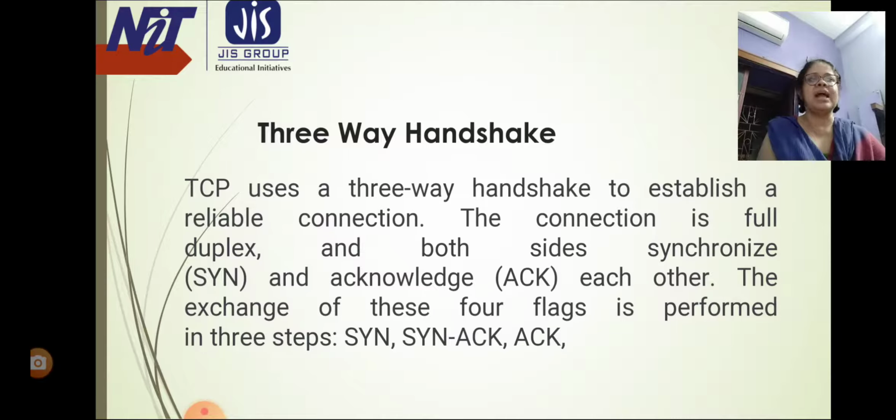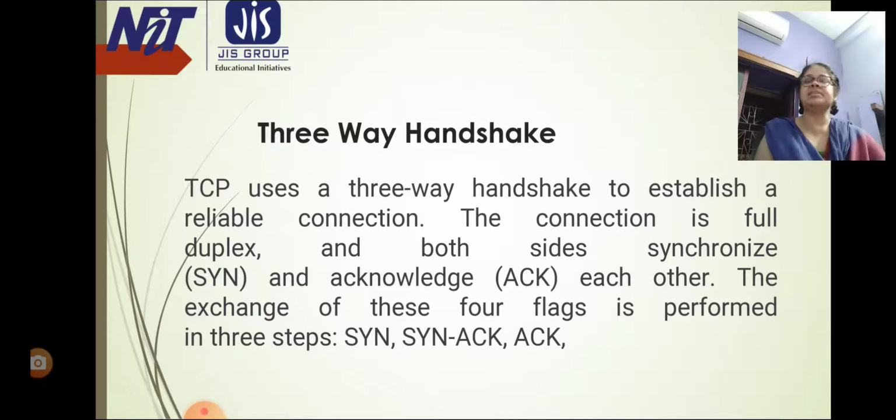This means that communication can take place in both directions at the same time. Now we will look at connection oriented service. Unlike UDP, TCP provides connection oriented service. It defines three different phases: connection establishment, data transfer, and connection termination.